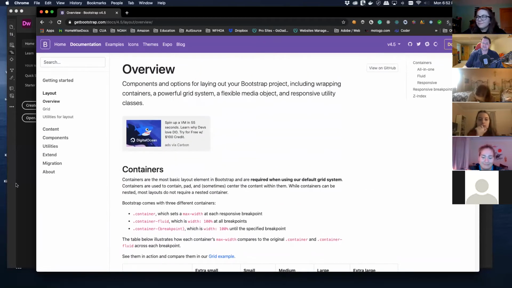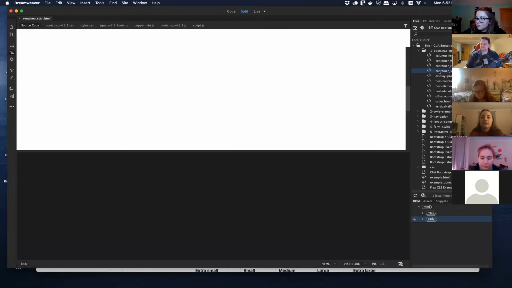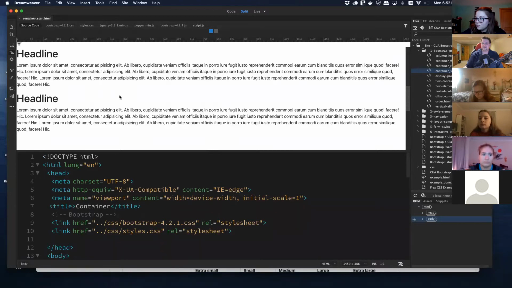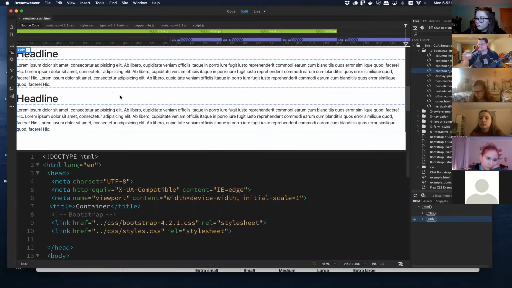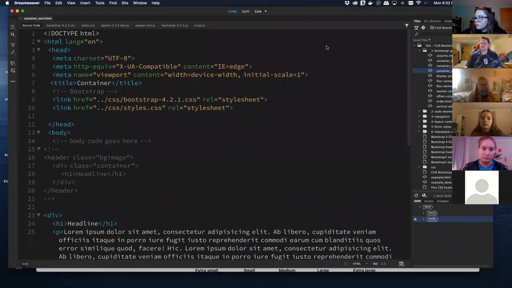And with that, let's start with our examples, because it makes more sense if you see them. So let's go into our files that I give you, and under number 1, Bootstrap Grid. And let's start with container. Okay, so if we look at our code,